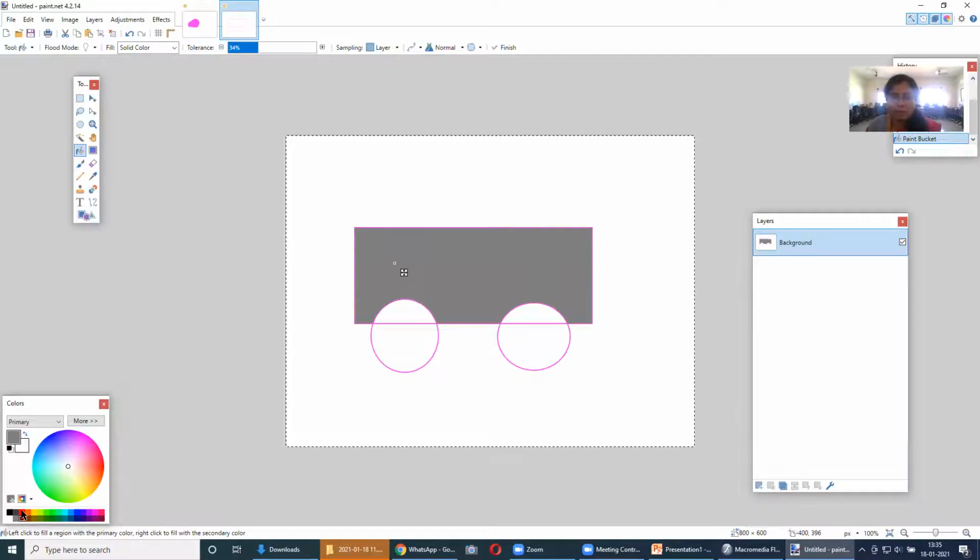My wheels will be something of, my wheels here, I'll make some darker shade. Yes, this looks good. And then down also, yes, this is what is my shape.